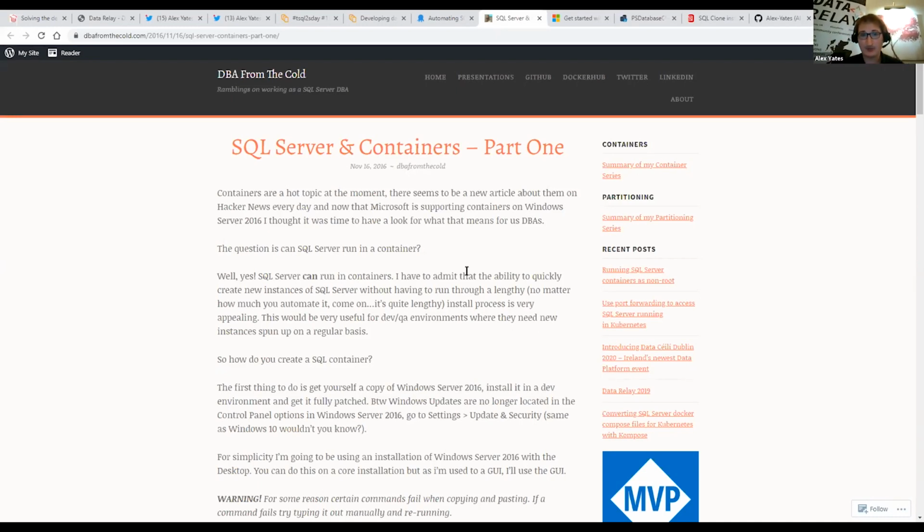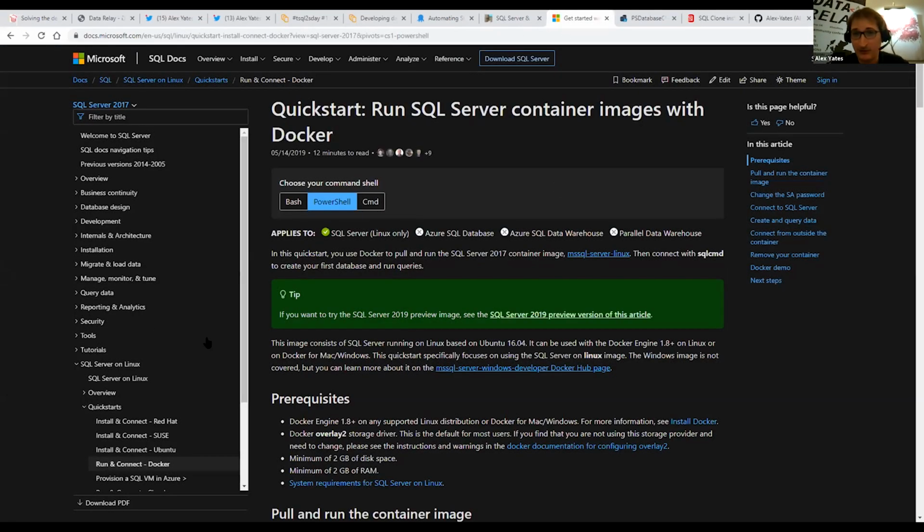Now, Andrew Prusky's series is amazing. There's also some great documentation on the Microsoft website. So go check that stuff out. I'm going to jump into PowerShell ISE now, and I've got a few very basic commands that I'm going to run for you. So the first thing I'm going to do is, having installed Docker and done all the stuff, go and read Andrew Prusky's container series. What I'm not going to do, by the way, in this session,